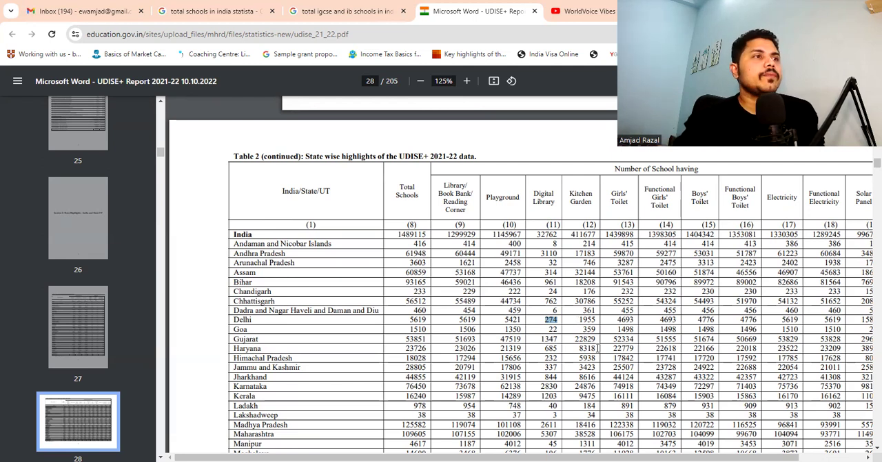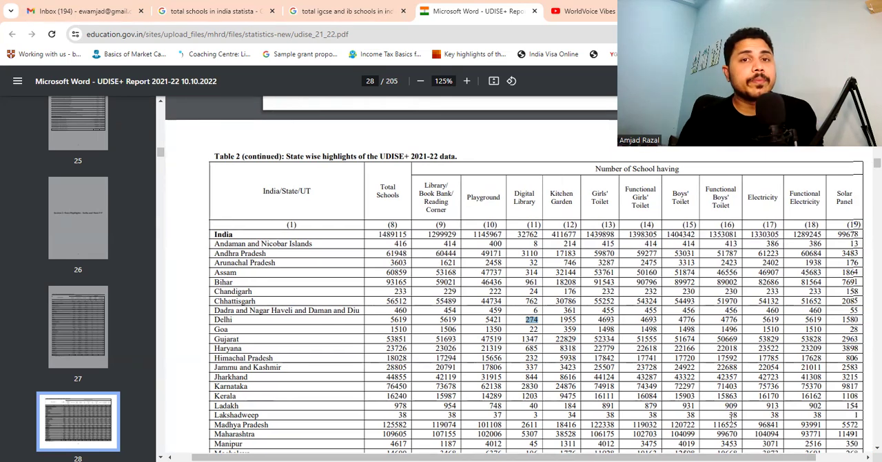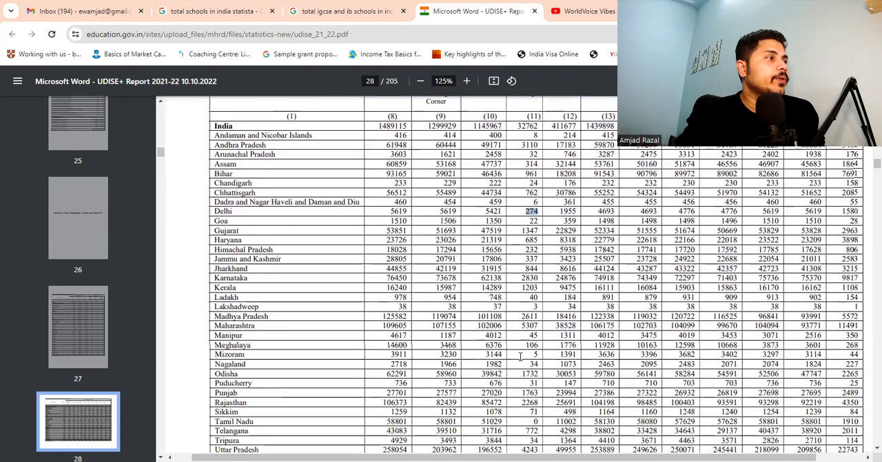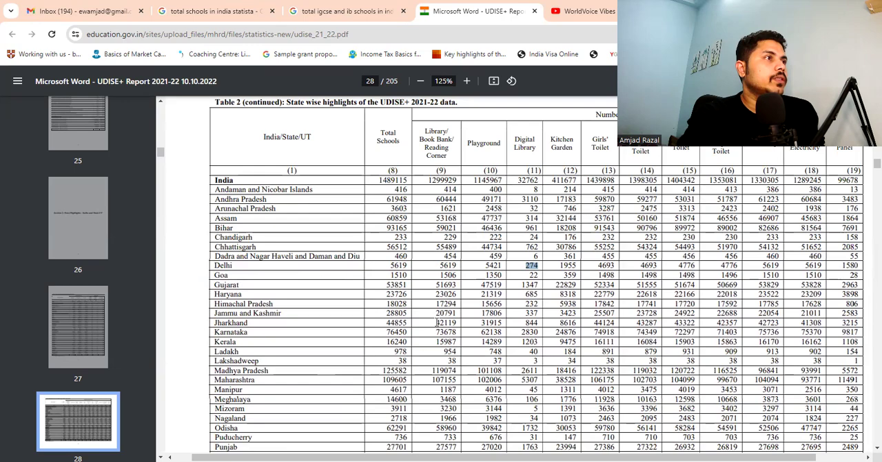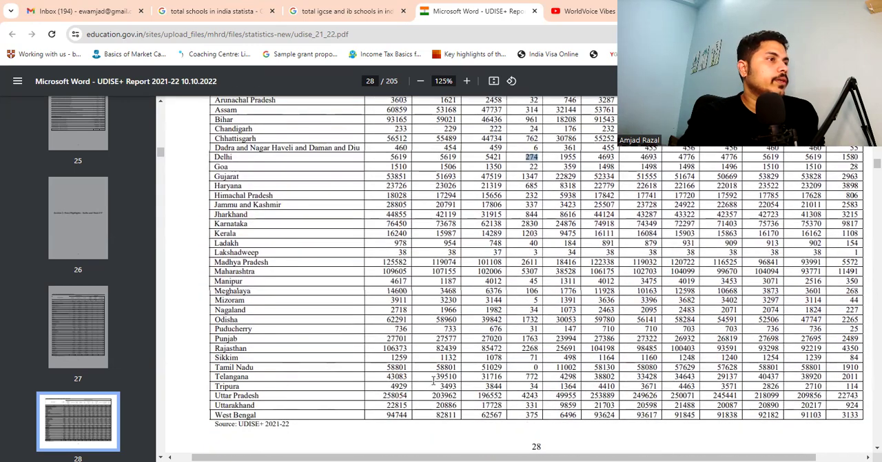Okay, so you have all the information here, and based on that, you can easily make your own understanding of which state is doing well in terms of these facilities. I want to check for Telangana because I'm from Telangana. Jai Telangana. Okay, so we have this number of libraries, and nearly 31,716 schools have a playground,